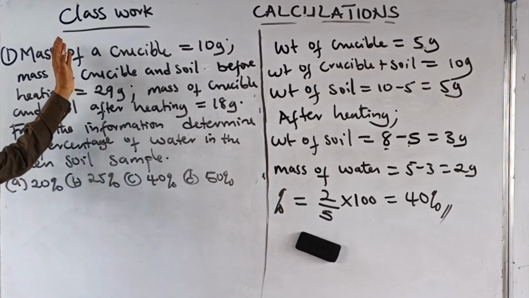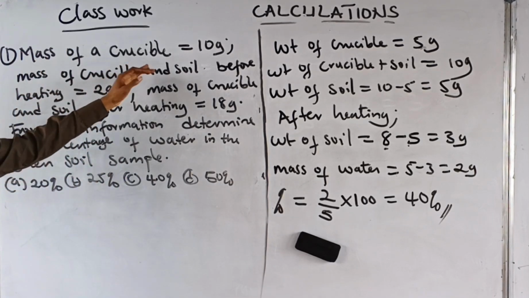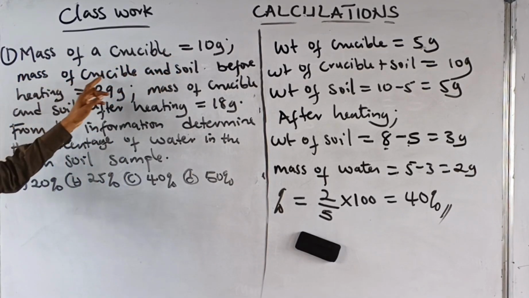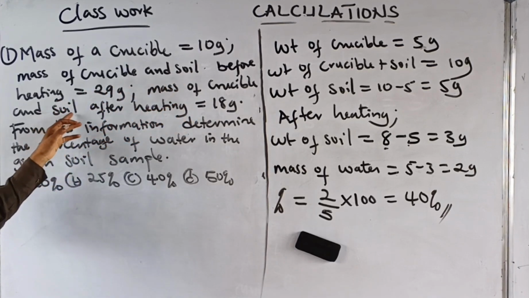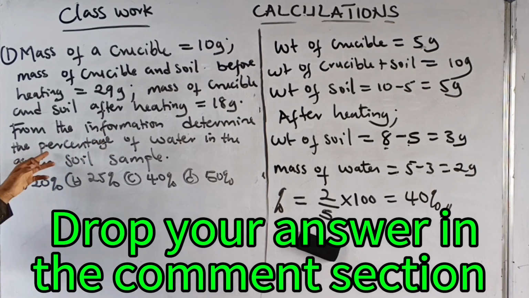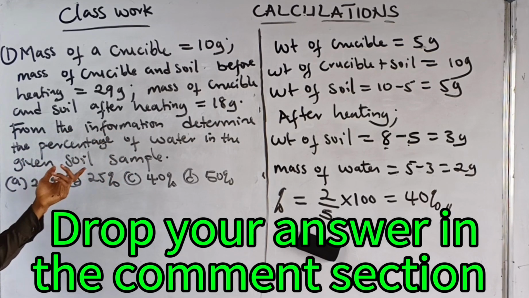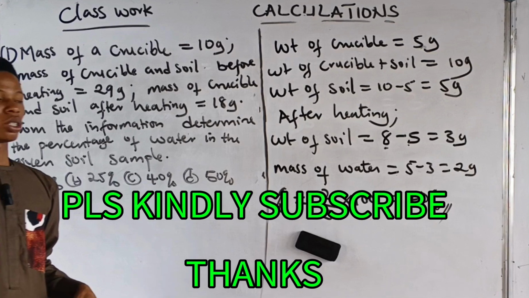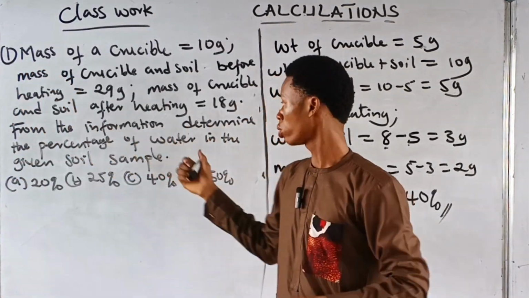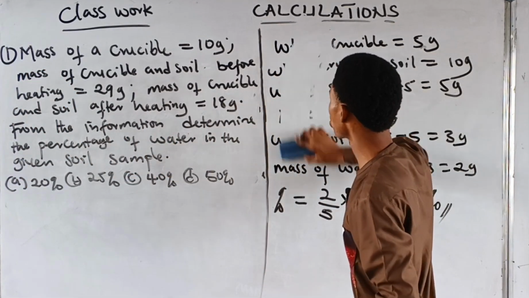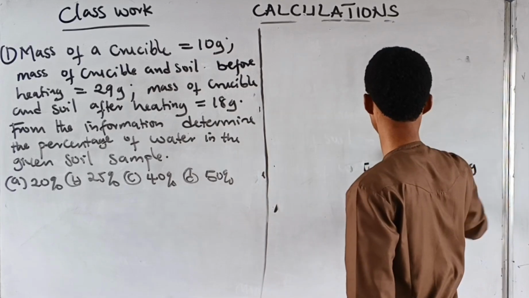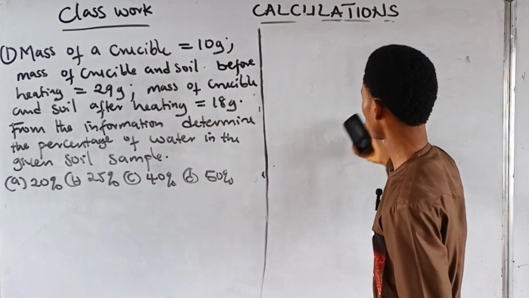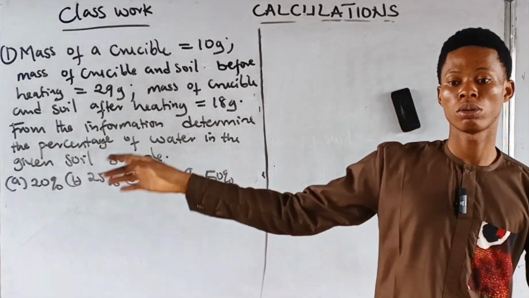Alright, so this is a classwork. Mass of a crucible is 10 grams. Mass of crucible and soil before heating, 29 grams. Mass of crucible and soil after heating, 18 grams. From the information, determine the percentage of water in the given soil sample. So, those of you following online, you solve this question. This is not the answer. You solve this question and drop your answer in the comment section. So, please solve that very